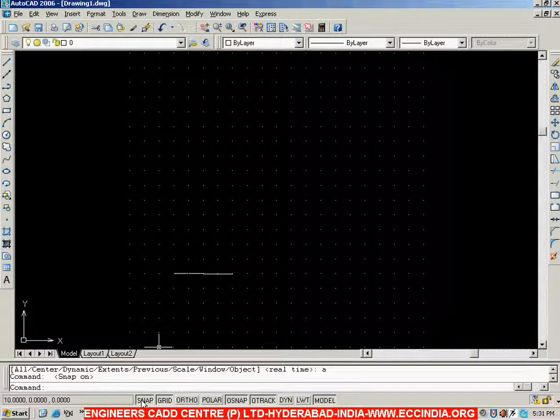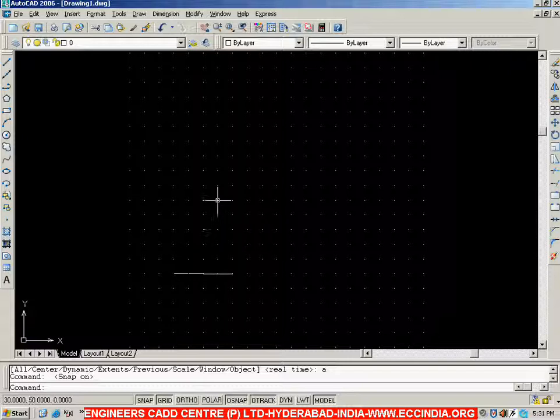Switch on the snap, and after switching on the snap, look at the movement of the cursor on the screen. Now the cursor is not moving freely, but instead it is moving point to point. Point to point means it is leaving the midpoint and directly going to the second point when I am moving horizontally. So for every second point it is having a movement, and this is because of the snap distances. Even snap has its own settings, and by default in the snap settings the distance is taken as 10. That is the reason the cursor is moving for every 10 units.